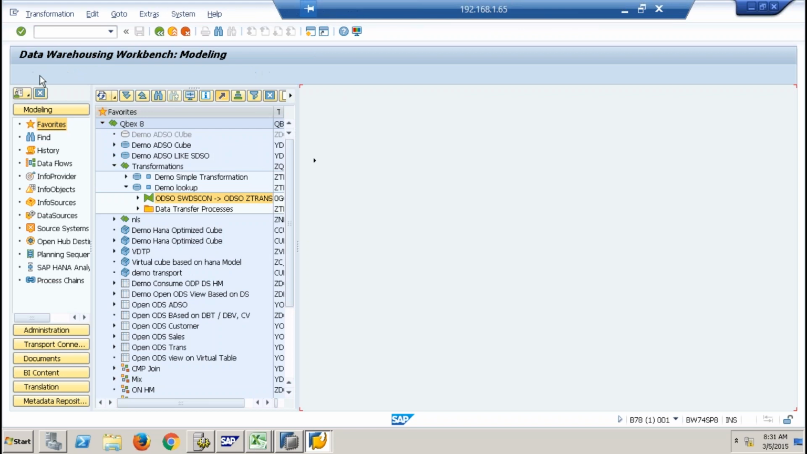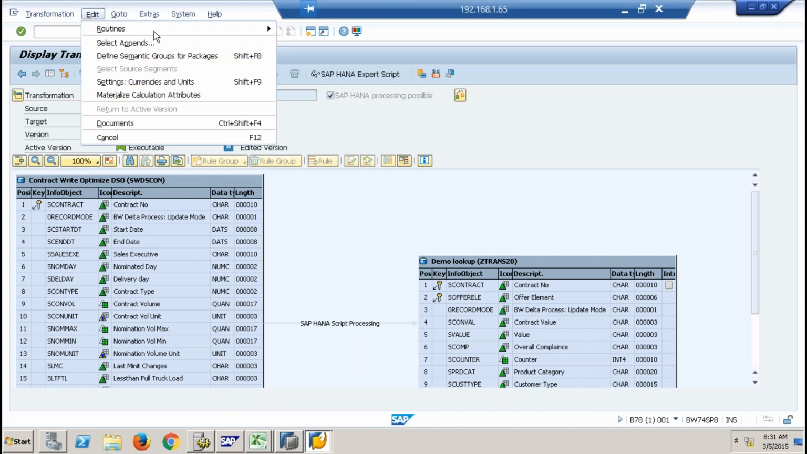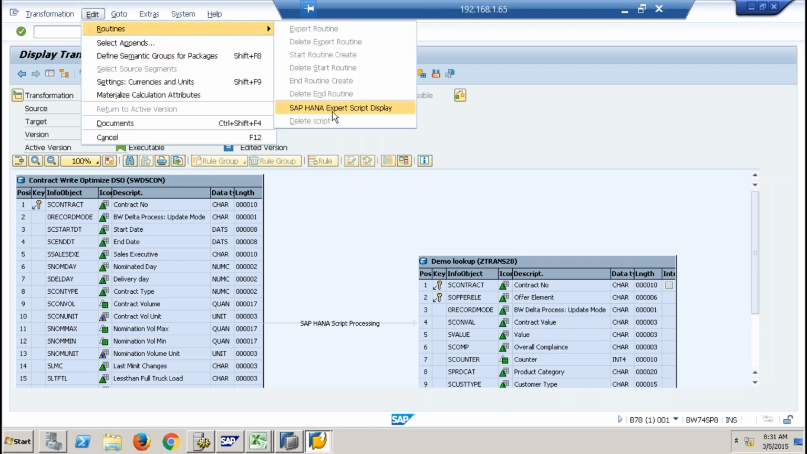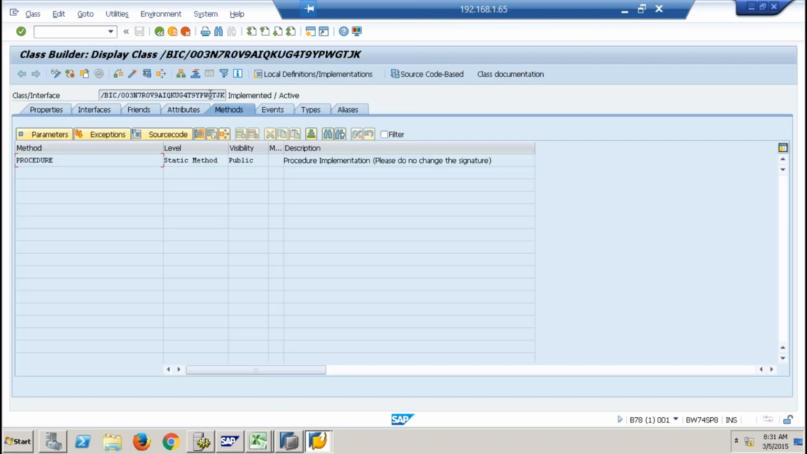So I have written these transformations with the HANA option. We have written HANA script processing. And if you see, we have used this option of routines and HANA expert script routine. If you see this display, it is actually showing me a class